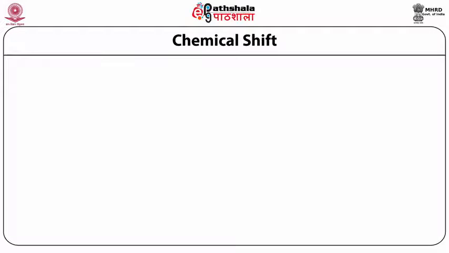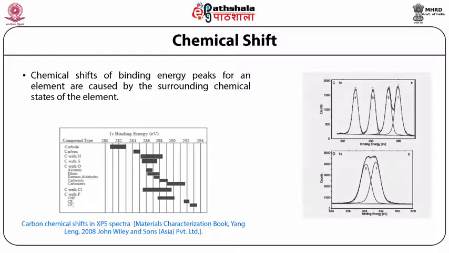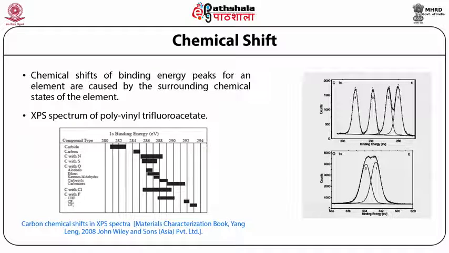The chemical shifts. Chemical shifts of binding energy peaks for an element are caused by the surrounding chemical states of the element. Knowledge of the possible chemical shifts is necessary to identify the peaks accurately. We can use the features of the chemical shifts to identify the elements and chemical compounds. For example, Figure 1 shows the XPS spectrum of polyvinyl trifluoroacetate, termed as